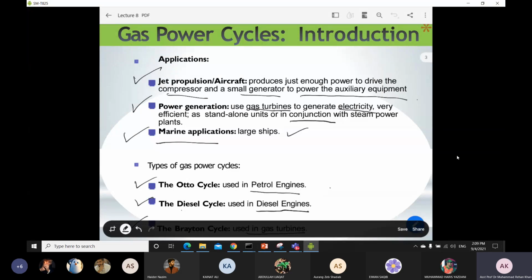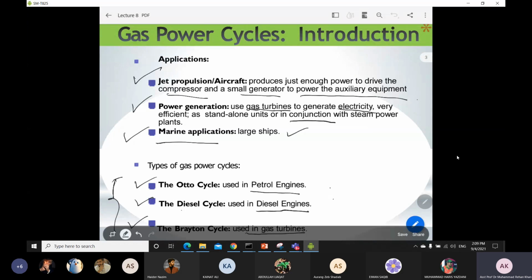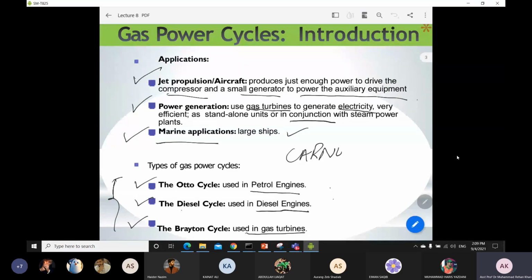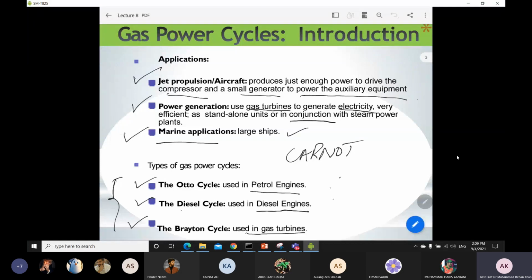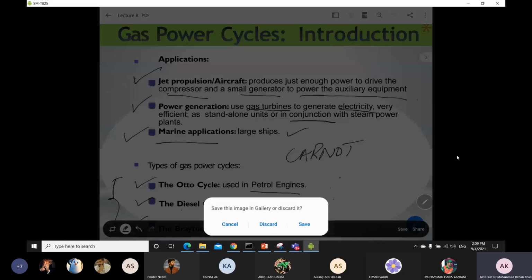You have to just remember that these are the three major types of gas power cycle, and there is also one more, the Carnot cycle, which we already know is the most efficient one. We have to start from this, to see how to achieve the maximum efficiency, which is equal to the Carnot cycle. So we will start with the Carnot cycle also, but before this we will look at the assumptions